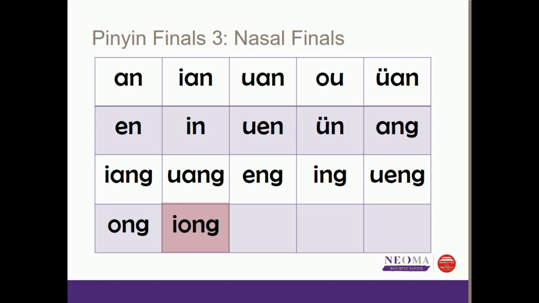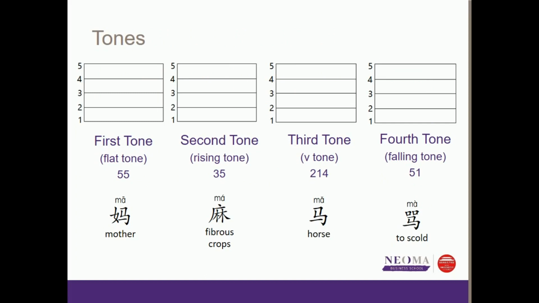These are the nasal finals. So it's not very difficult. Let's learn the tones before we combine them together. So we have 4 tones, and as you can see here, and you can imagine these blocks are like the